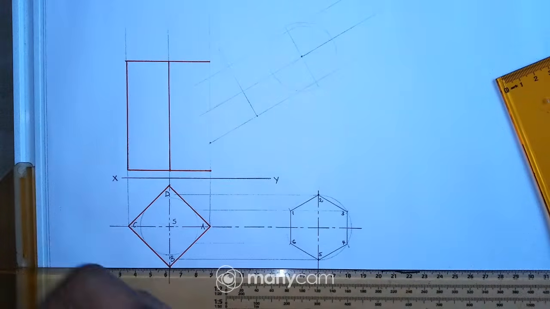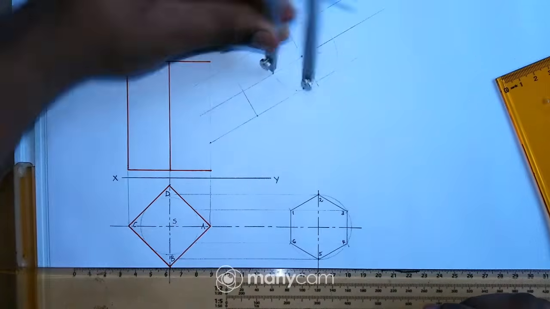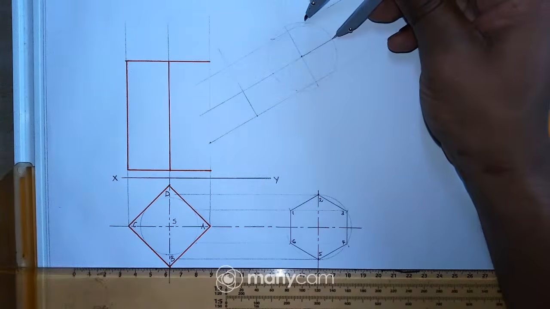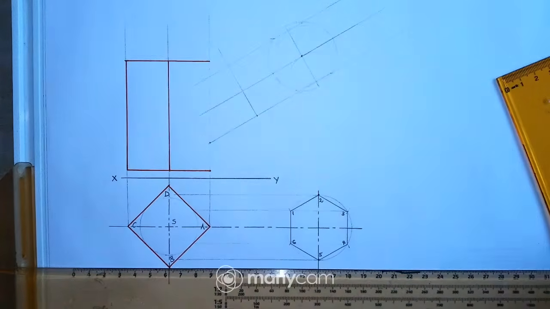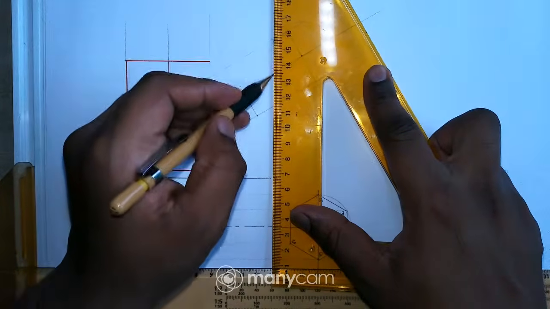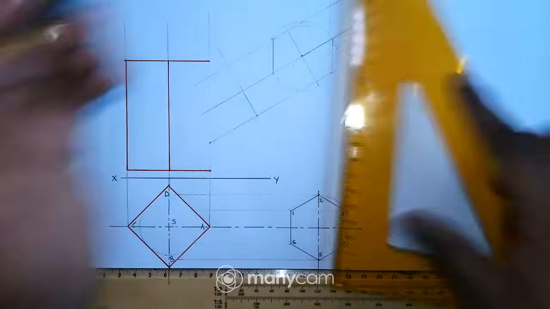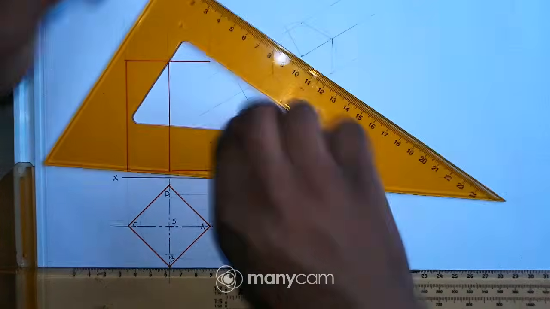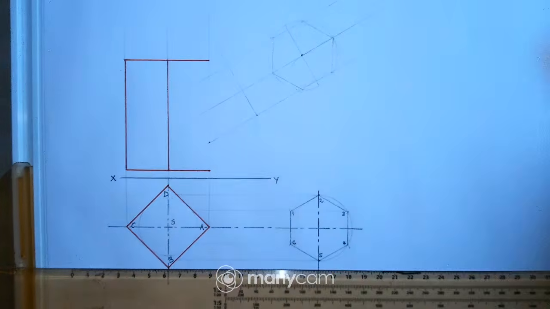Okay, then I'll put my compass there, mark an arc there, an arc down here, an arc there, arc down here, right? Then I just connect the points. Okay, just like that.